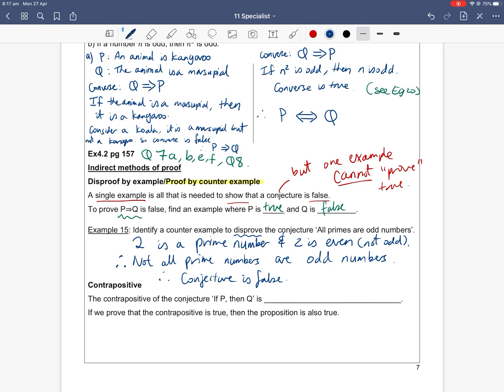So you just need one counterexample to show that a statement is false. But very importantly, you cannot prove a statement is true just because of one example. You need to show it's true for every